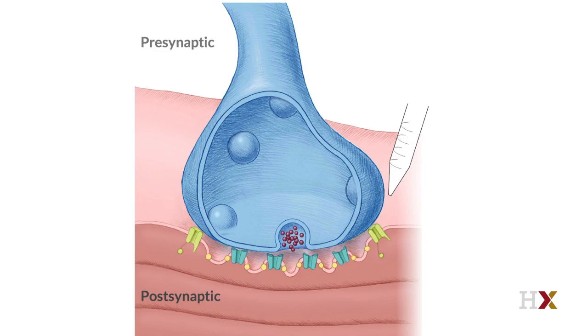The mini EPPs represented the release of just one of these putative packages of neurotransmitter. And the quantized nature of the EPP, which occurred in multiples of the mini's size, represented the release of 1, 2, 3, or more of these packages. The numbers varied from stimulation to stimulation, even at fixed calcium concentration, for the same reason that the minis occurred randomly. By chance, a different number of these transmitter packages would be released on any given trial.